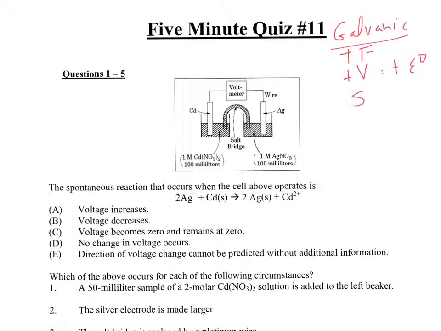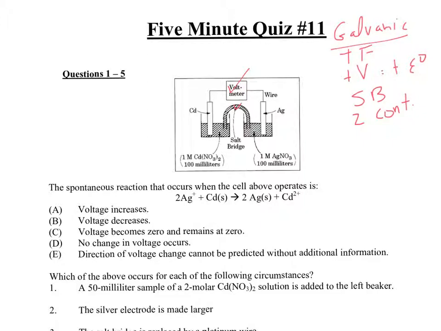We need a salt bridge. We have a voltmeter, right? We have two containers and all that good stuff. So this is the galvanic cell. The easiest way to tell is one, it says voltmeter, and two, you have a salt bridge. Those are the easiest ways to tell. Okay. Now, in a spontaneous reaction that occurs when the cell operates,